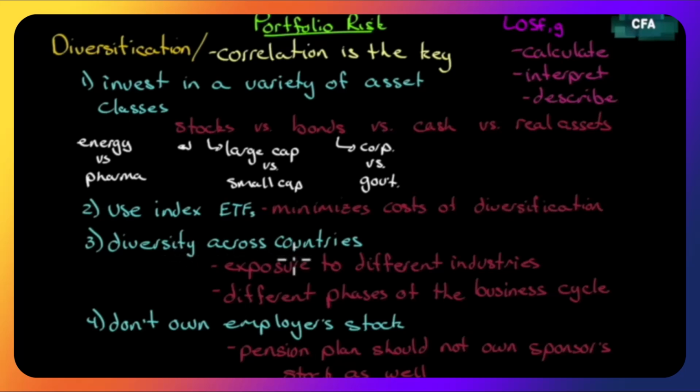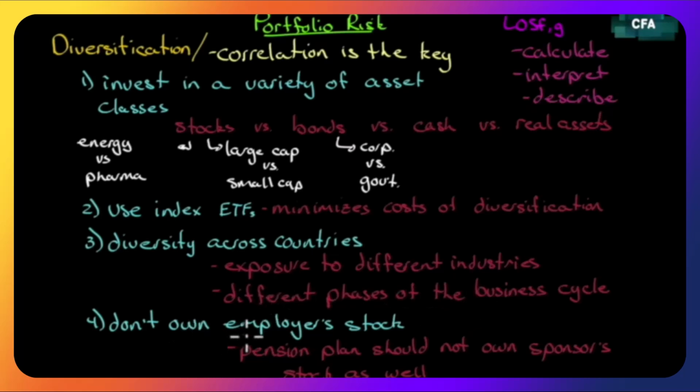Diversify across countries. Exposure to different industries. For instance, in Canada, we are considered a raw materials provider. So when there's a commodity cycle on the upswing, you want to be invested in Canada. We have minerals, timber, ag products, corn, wheat, soybean, lots of that stuff. And if you look at the TSX, which is our index, 50% of our index is weighted towards energy and financials. So if you need exposure to energy and financials, there's a great way to do it. You can diversify across countries to get exposure to different phases of the business cycle.